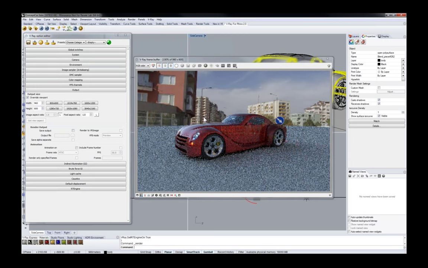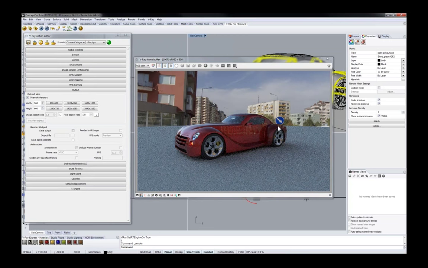There we go. Now that's much better. This is a circle,